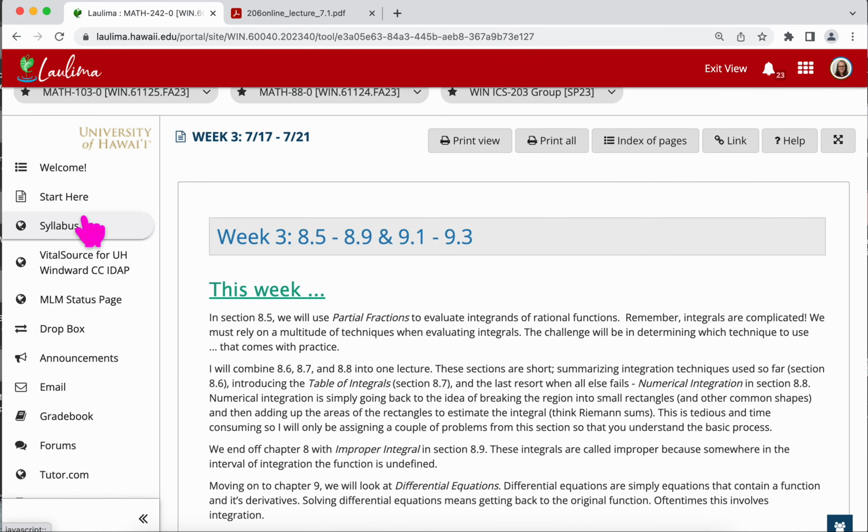So once you've read through Start Here and the syllabus and you've gone to week 1, the next thing you want to do is go to the Vital Source link, and that's where you're going to register for the MyLab portion of the course. We'll go there in just a sec. Let's just finish off our